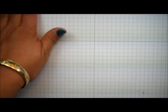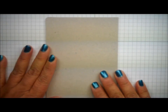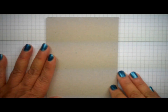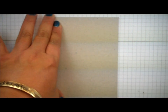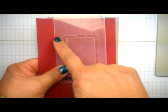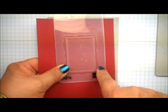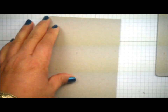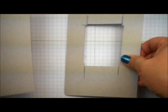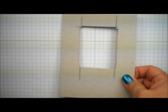First thing you're going to need to do is make a template. So here I just cut out a 4 1/4 by 5 1/2 piece of onboard sheet, which is just a chipboard. I measured my designer frame from end to end, top to bottom, and it's about 2 1/8 by 2 3/4. So I marked that on my chipboard, cut it out. Make sure you keep this middle piece because you're going to need it. And this piece is going to go